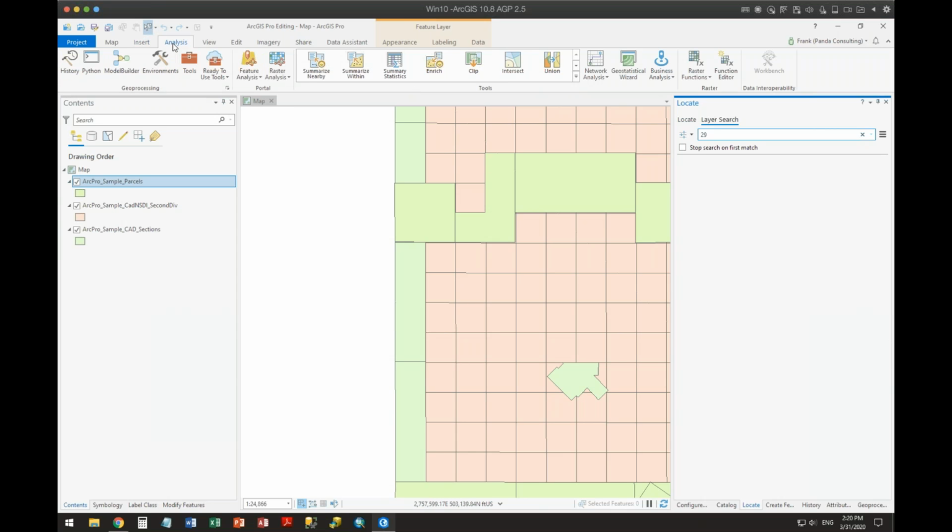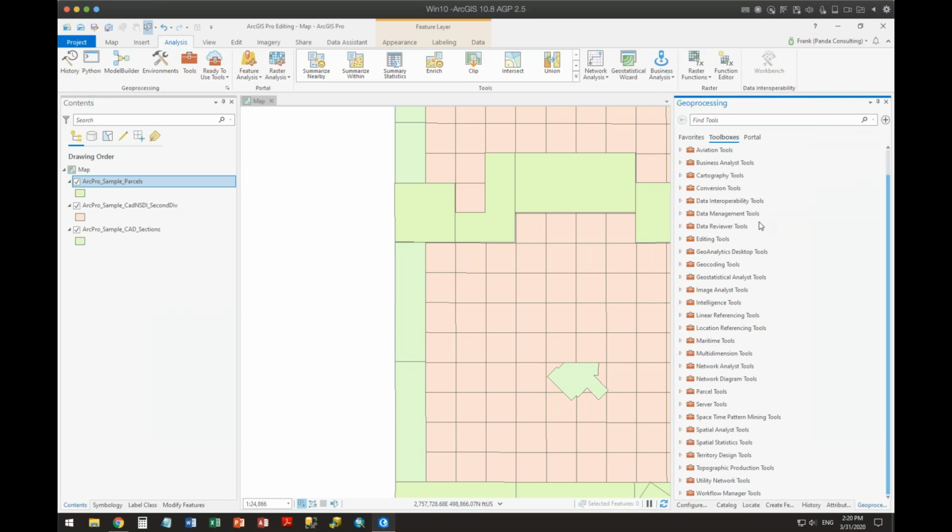Analysis tab. This is where you get things such as your ability to see the history pane that I just showed you. That's over on the analysis tab. History, Python, model builder, your environments for geoprocessing, your tools. If I want to see my geoprocessing pane, as I scroll over, it says show the geoprocessing pane. So there's my geoprocessing pane. Here's the things that I've used recently.